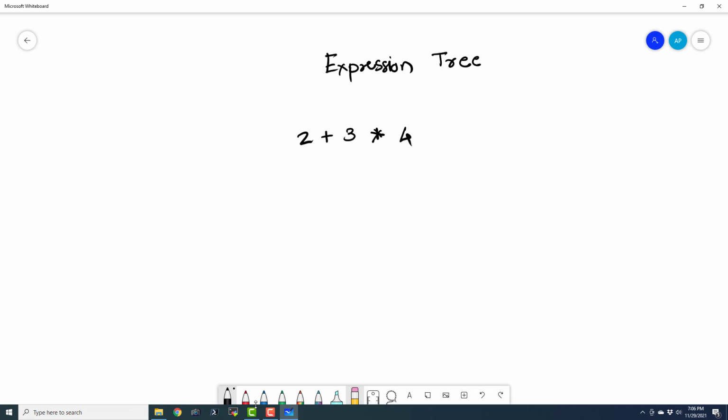So this is a simple mathematical expression, and all the operators here are binary operators. They have 2 operands, and let me highlight the operands. What I am going to do is draw a tree where the highest priority operator is considered first. So it is 3 multiplied by 4.